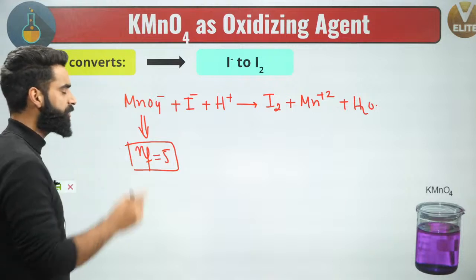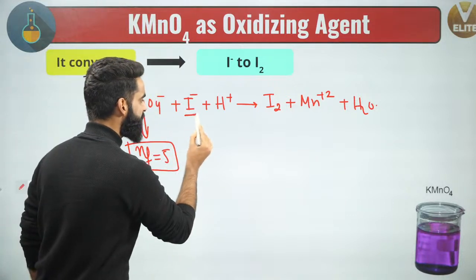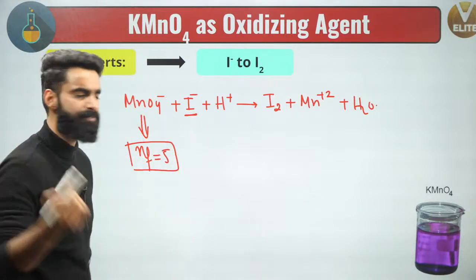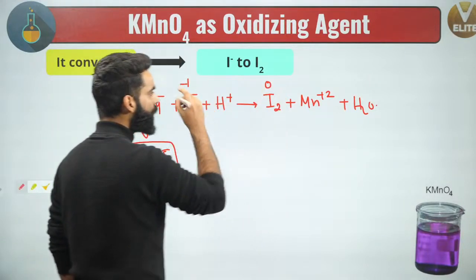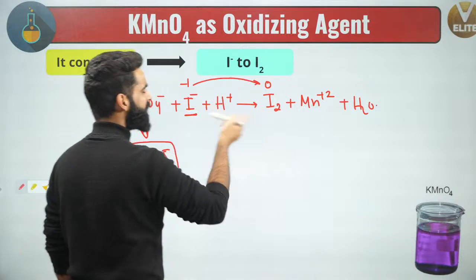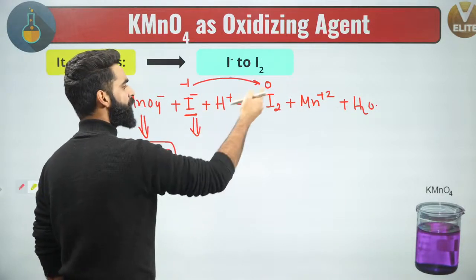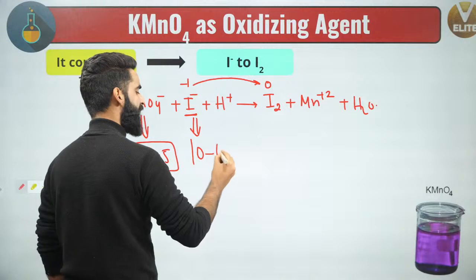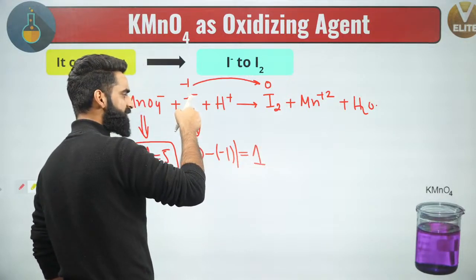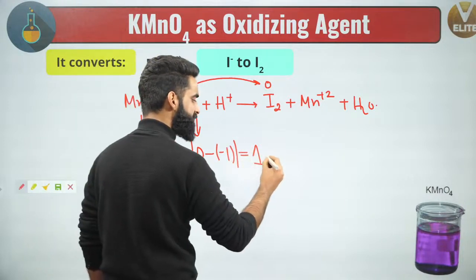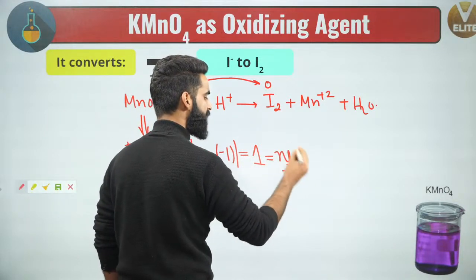Now people, if I want you guys to calculate the n factor of this I negative right here, you can simply do that. See, the charge present on it is -1, the charge present on this is 0. So from -1 to 0, what is the change in oxidation state? Change in oxidation state is going to be final oxidation state minus initial. Value you are getting as 1, and we have got only one ion of this iodine right here, so 1 is the n factor of I negative right here in this reaction.